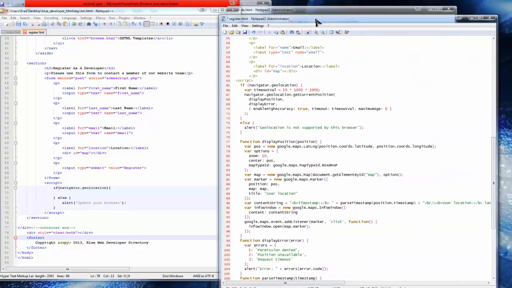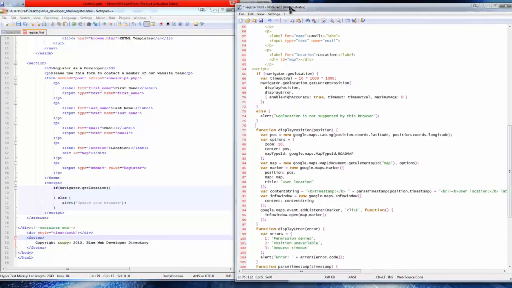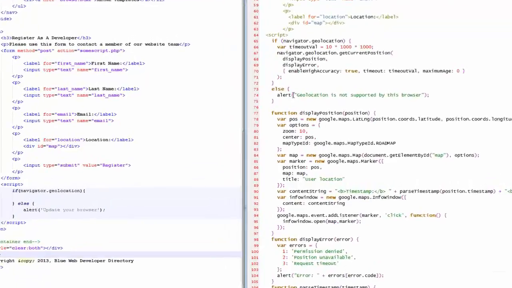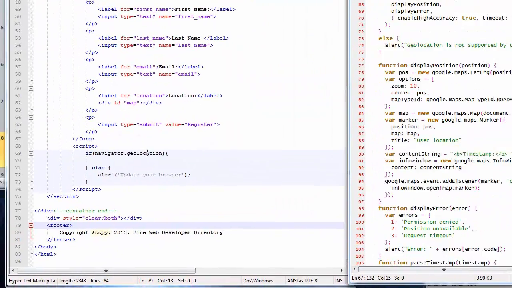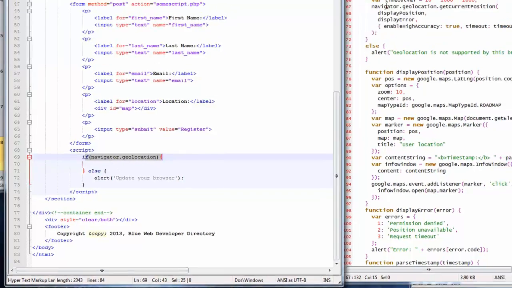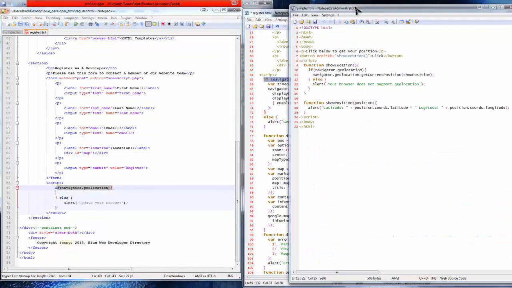Alright, I know this might look a little overwhelming with all these pages open, but I'm just trying to get it across. I'm trying to explain the best I can. So you'll see here we have the if the geolocation feature is supported, which is right here. I just want to kind of compare. Actually, I don't want to compare those. I want to compare the simple one,